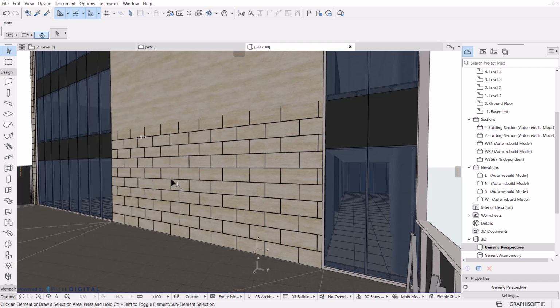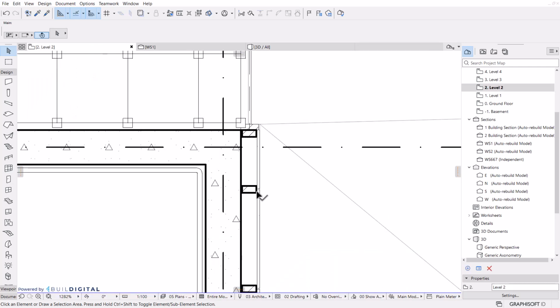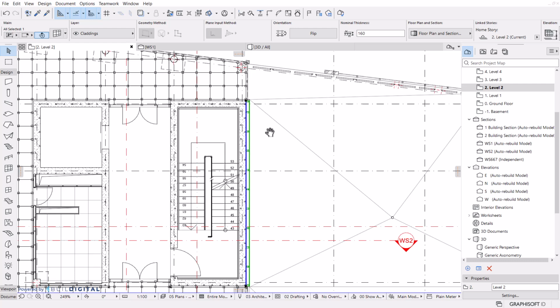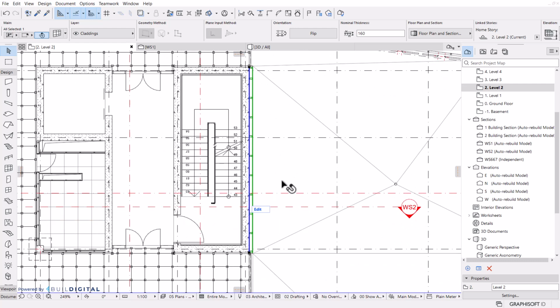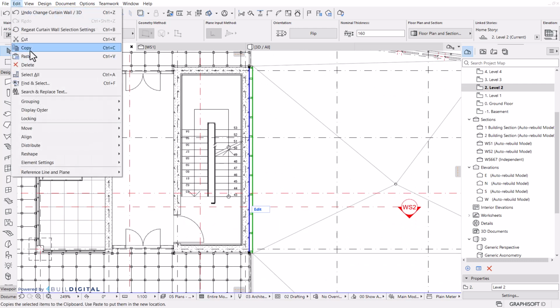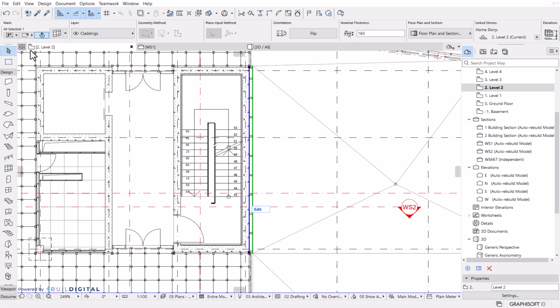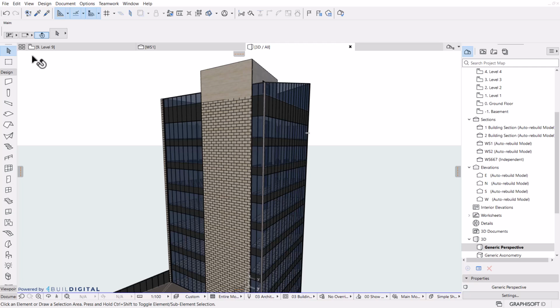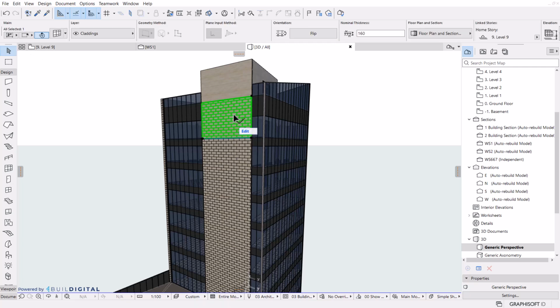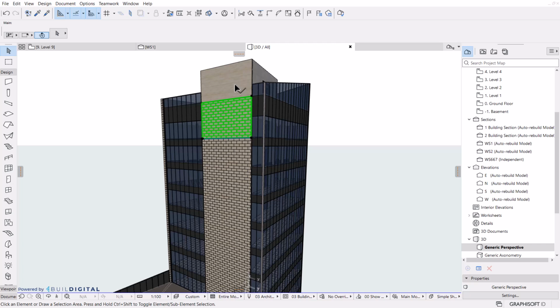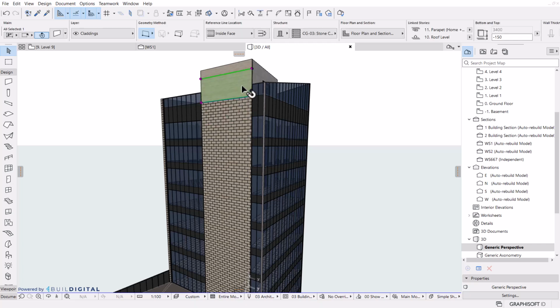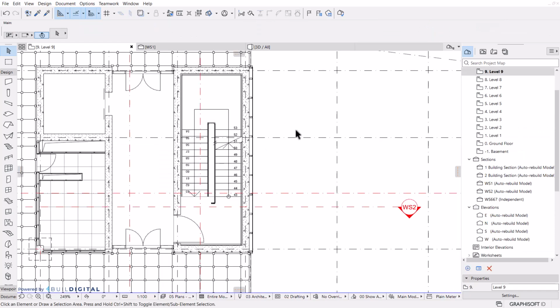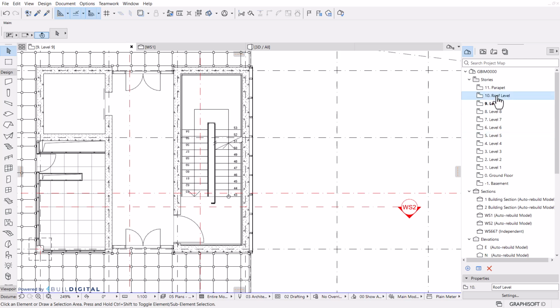And from there, we can then go back to the plan view, select the curtain wall, copy, and repeat until we reach the roof level. Okay, so I have copied all the elements reaching level 9, and now on the roof floor, we're going to add an extra one that has the full height and a smaller bit for the parapet. So let's go to the plan view, go to the roof level,